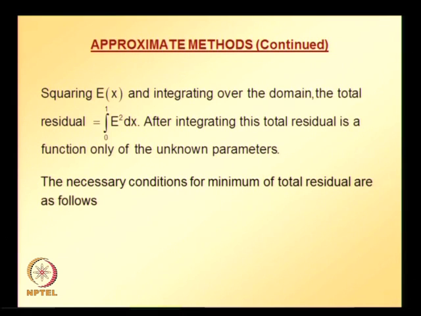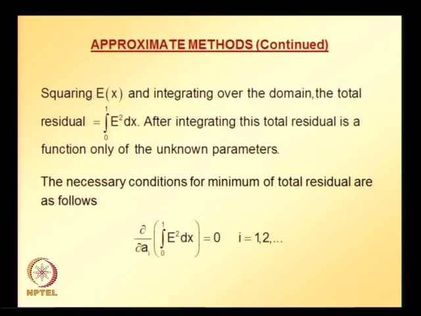Here in this particular example, the residual has only one unknown parameter, a2, but in some other example we may have more unknowns. In that case, to determine all those unknown coefficients, we need as many equations as the number of unknowns. So this is the necessary condition,